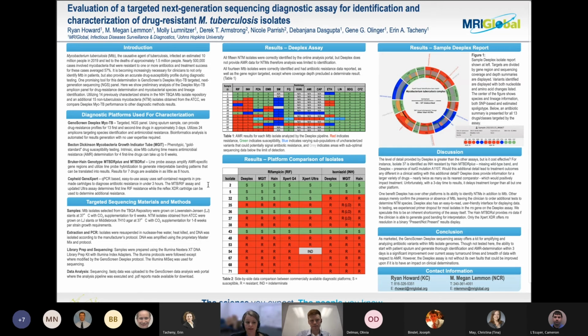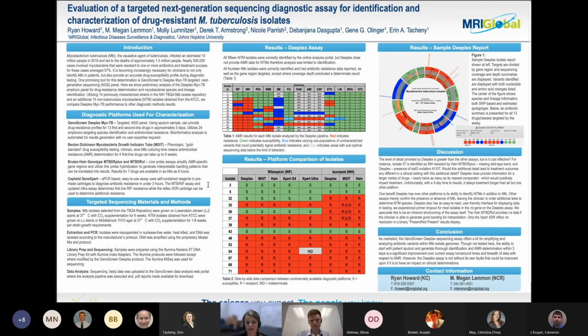So the isolates are grown up on LJ media, a solid media, and then the DNA was extracted, and then we followed the manufacturer's protocol, taking this from extraction through proprietary PCR, then through library prep and sequencing, and then the data from the sequencing goes into the D-plex database for analysis. And we had 13 first and second line drugs evaluated in the D-plex assay, and all of the